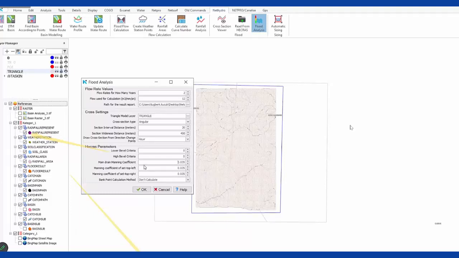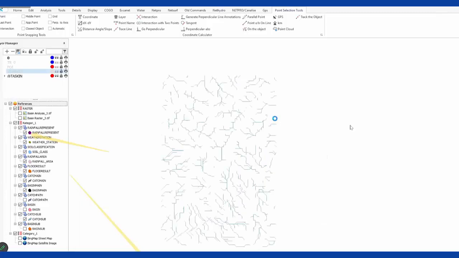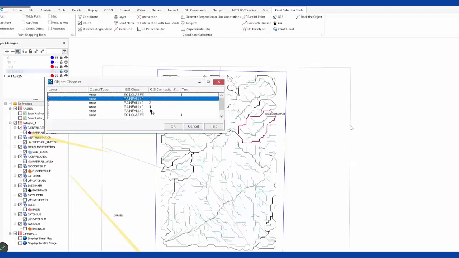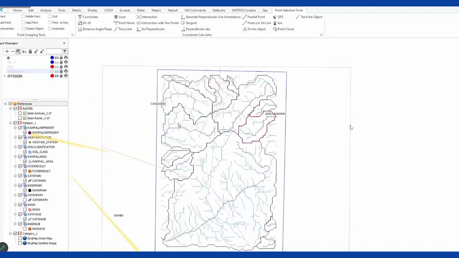And many coefficients is okay. All right, those are the intervals for the sections that I'm going to use. I will make a calculation for 2 years, and I use the result of the Snyder method. Okay, this is what I've been doing. And when I click OK, it asks me to choose the basin area. So I will select the basin area that I used. Main basin 6, right? When I click OK,